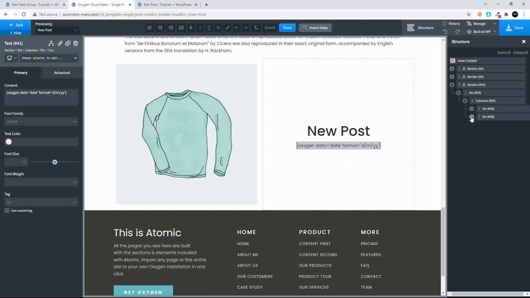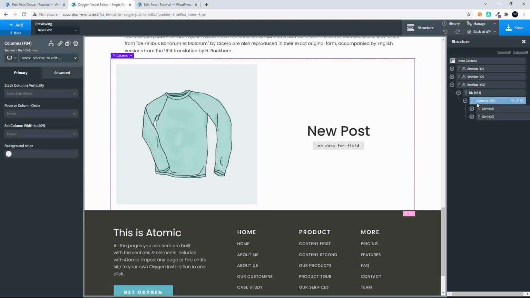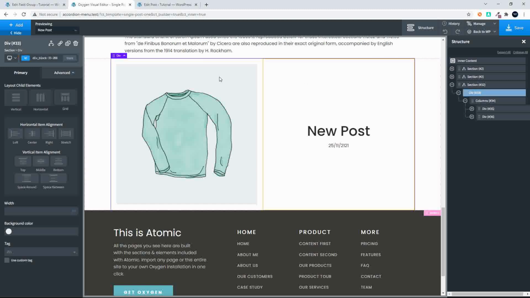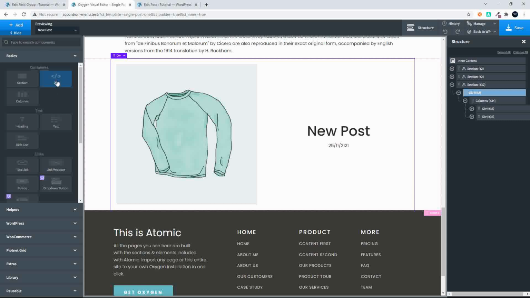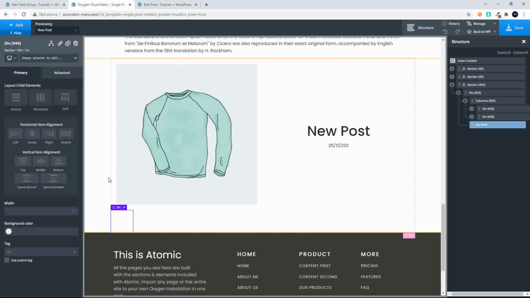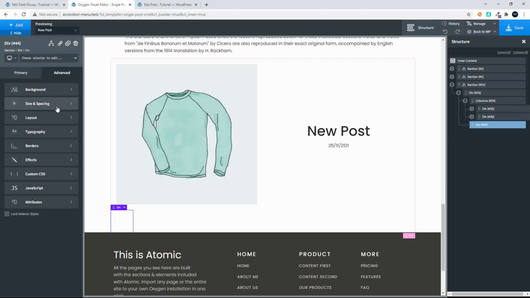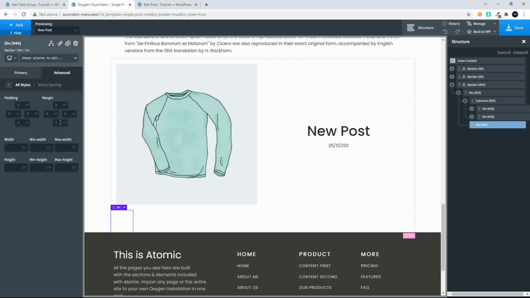So the 2 columns here, the 1, 2, so we're going to add another div below the columns. So I'm going to head over there, I'm going to add the div, right, and this div I'm going to make slightly narrower. So I'm going to go size and spacing, and I'm going to make the max width here 800 pixels, and we'll make the left hand side auto, the right hand side auto, and that ensures that we have the content centered in the middle. And then what I'm going to do is add some text,